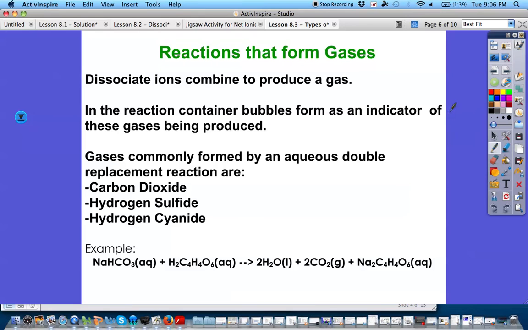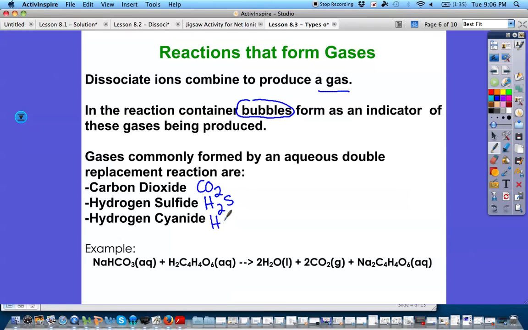And then we can also have reactions that form gases. And the dissociated ions combine to produce a gas. In the reaction container, bubbles form, and these bubbles are an indicator that a new gas is being produced. Gases that commonly are formed by an aqueous double replacement reaction: CO2, which is carbon dioxide, hydrogen sulfide, H2S, and